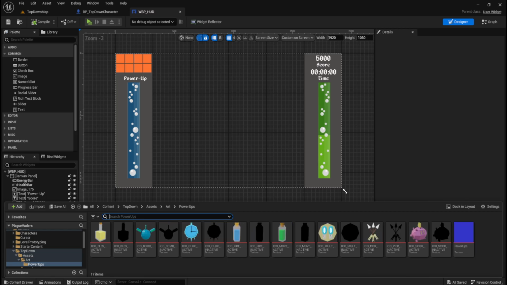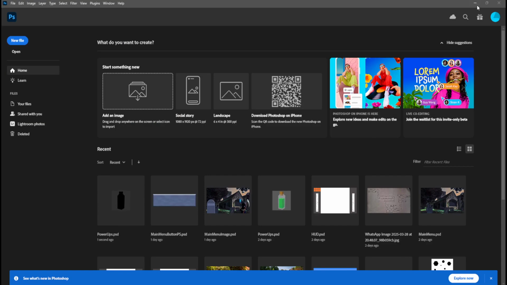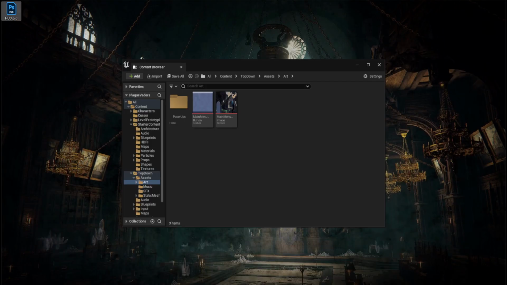I don't want to risk any kind of mess-ups with the file. So where did I put it? Top down UI HUD. Okay. Right, so I'm going to copy that and paste it on my desktop. There it is. Okay, so I'm just going to open up a safe copy that's not the one that's linked